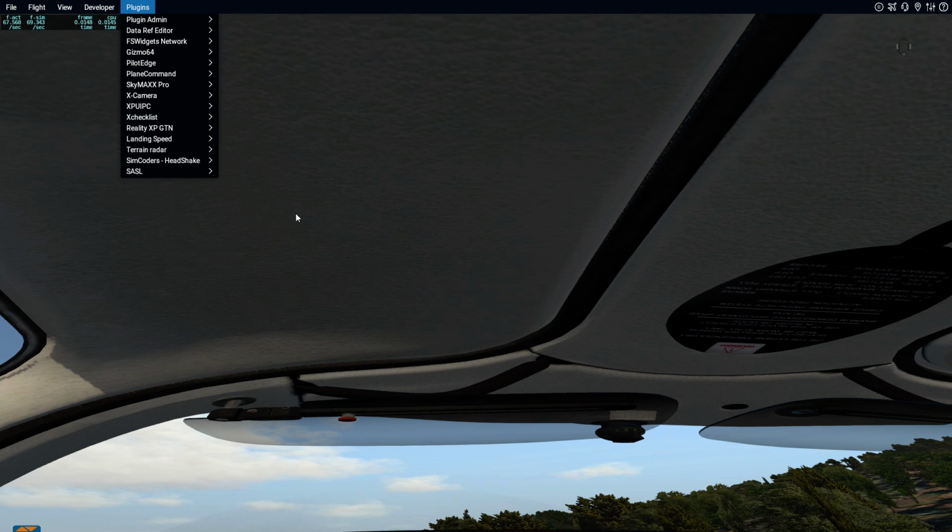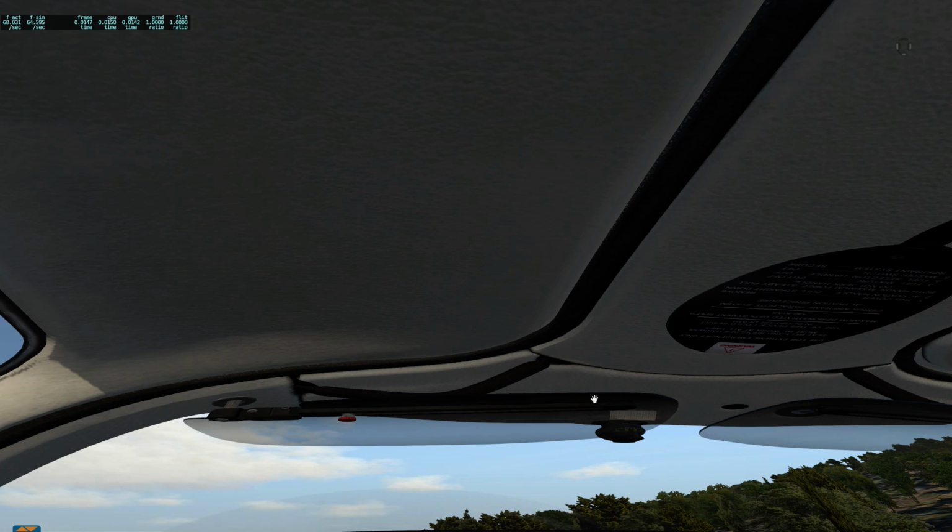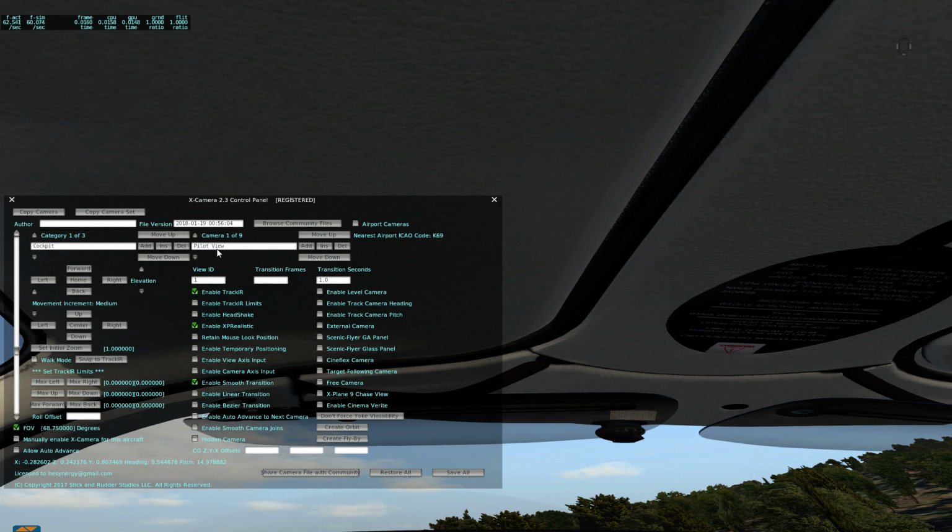Let's go to plugin admin. Oh, let's see if we can just go to plugin. Yeah, there we go. Thank you, Jesus. This is the Cirrus. But you know which one I want to fly? You know what I want to fly? I want to fly a different view, so I'm going to go to the one that has my Cessna 172